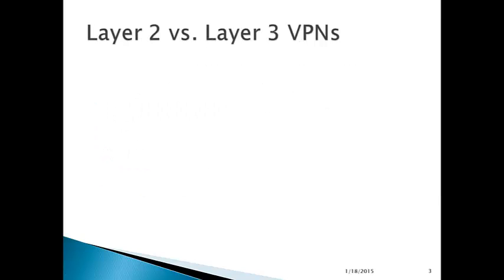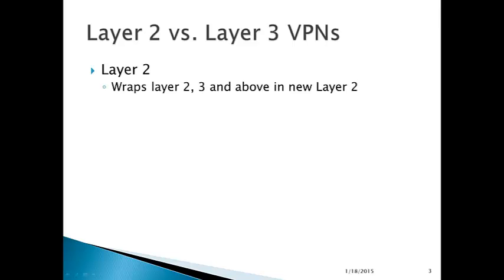Now, VPNs can be either layer 2 at the data link layer, more or less, or layer 3 VPNs. What a layer 2 VPN does is it wraps all of the layers of the communication protocol in a new layer 2. So it takes an entire stack from application down below and then shoves it into an envelope that's a new layer 2. It's kind of like those Russian dolls where there's a doll inside of a doll. It creates a tunnel that hides the old traffic from the application layer down in a new layer 2,